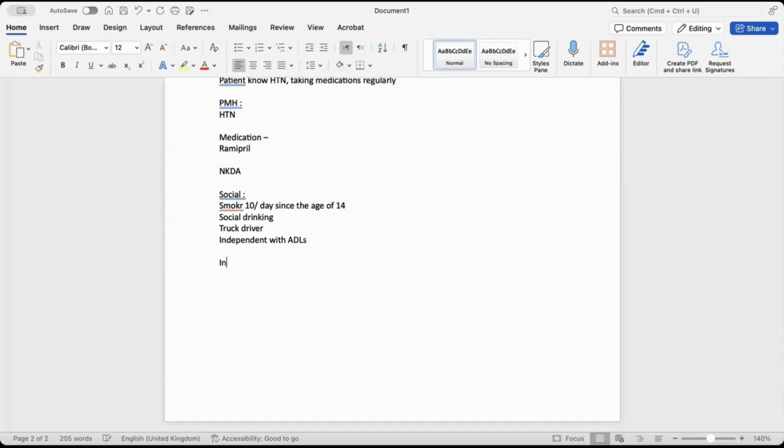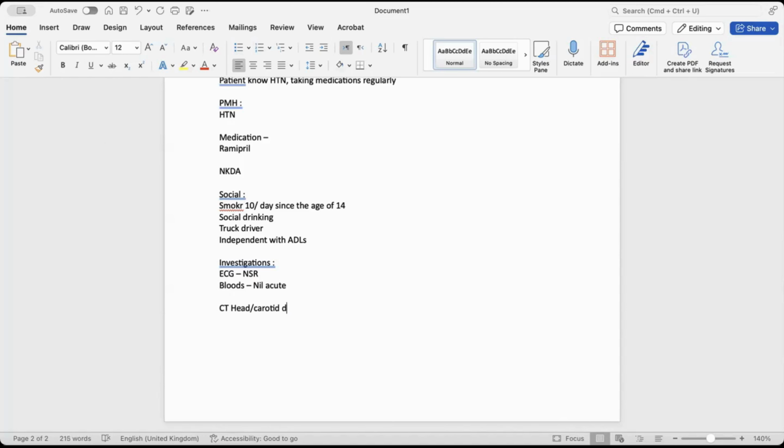Now we need the investigations. What investigations are we going to do for this patient? CT brain, ECG. Okay, we have an ECG, and the ECG is normal sinus rhythm. What else are we doing for this patient? Bloods, carotid Doppler. Okay, so bloods. You all mentioned CT head. Some of you have mentioned carotid Dopplers,